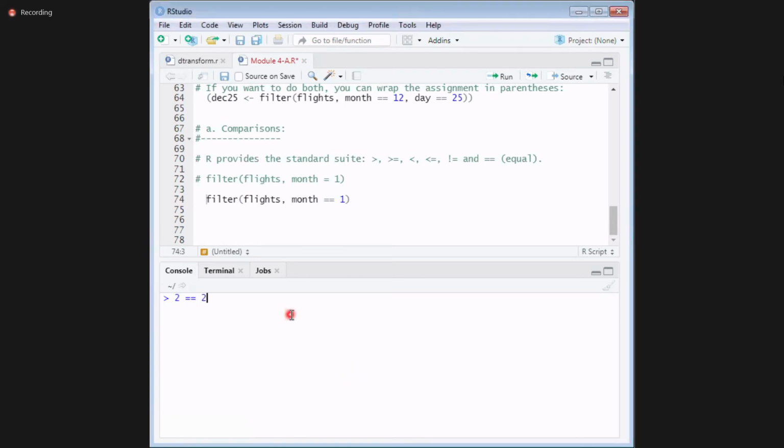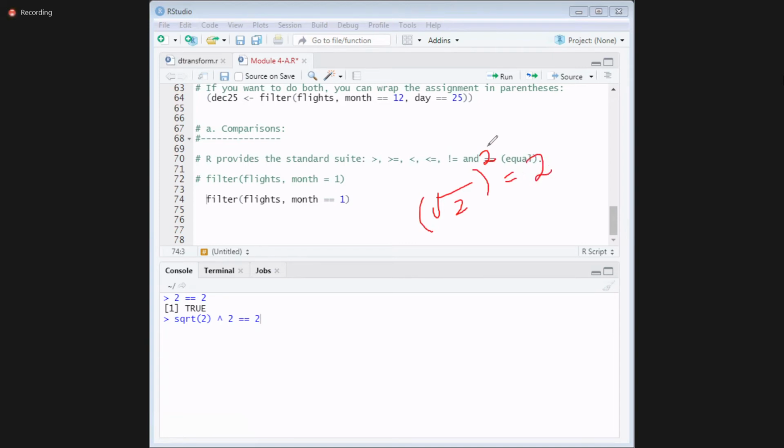Two equal to two. Now tell me what is the answer? True or false? True. Now tell me what is the answer? Square root of 2 to the power 2. False. Observe carefully. What is square root of 2 to the power 2? The square root and the 2 get cancelled. This is the power. What is this? Like this. True. Square root of 2 whole square, equal to 2.